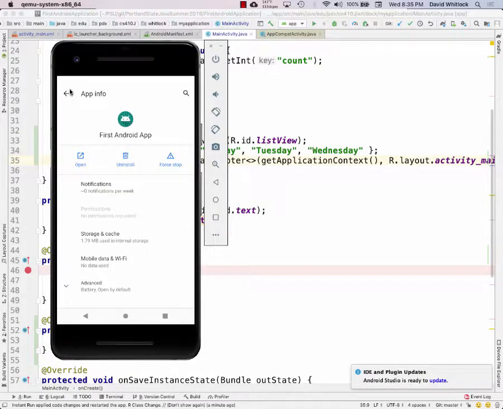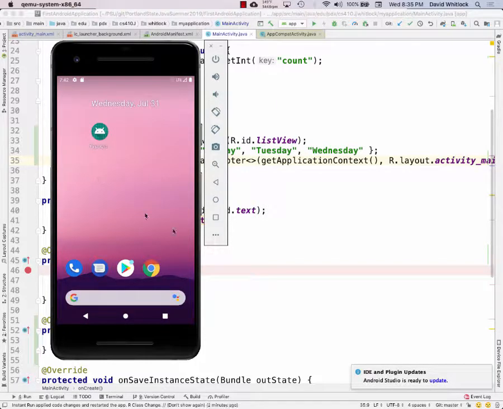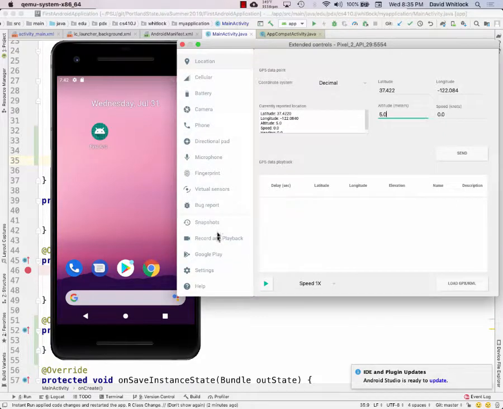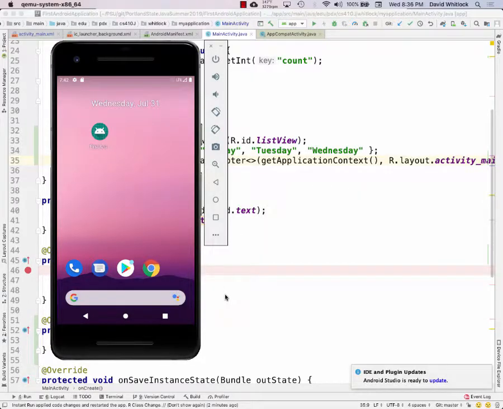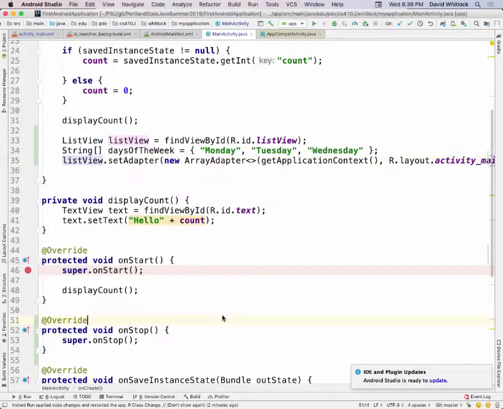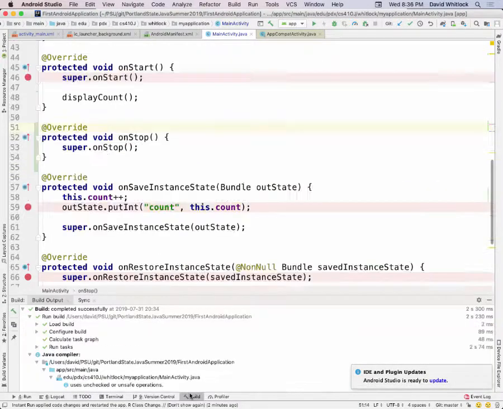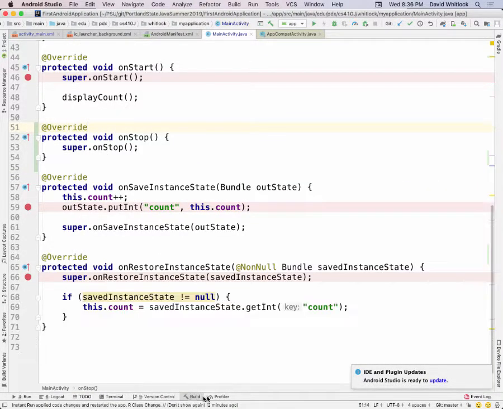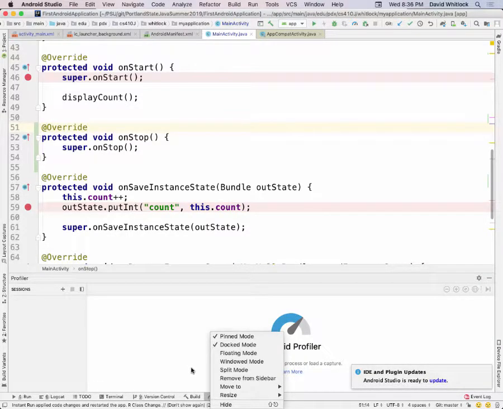Okay, so then how do I find extended controls? Nope. Build? Nope. Profiler? No, that's not interesting. At one point I clicked on this, I think I clicked someplace and I didn't keep track. Where is